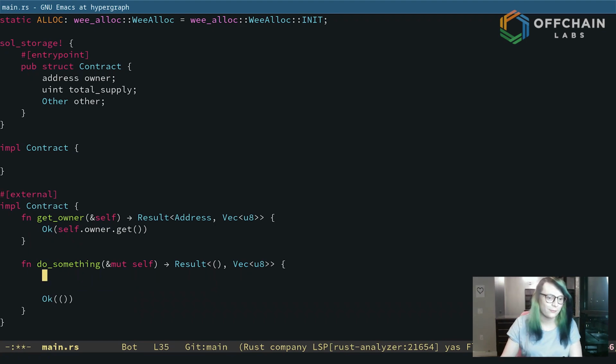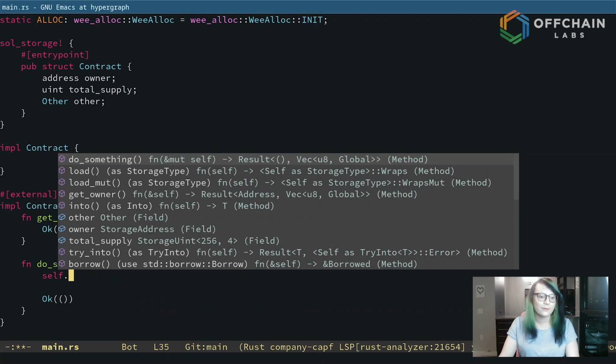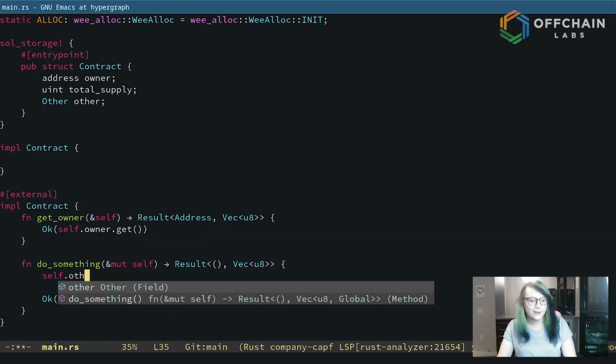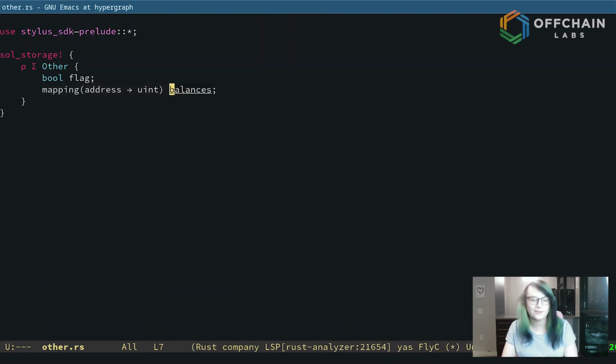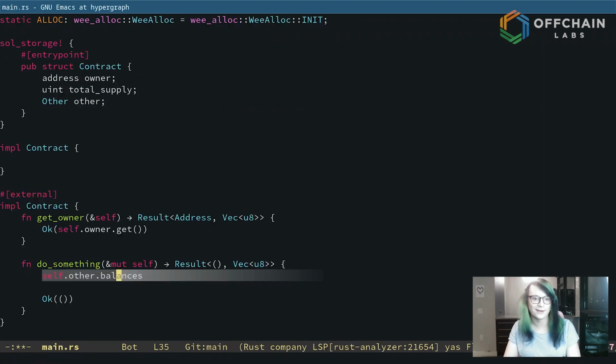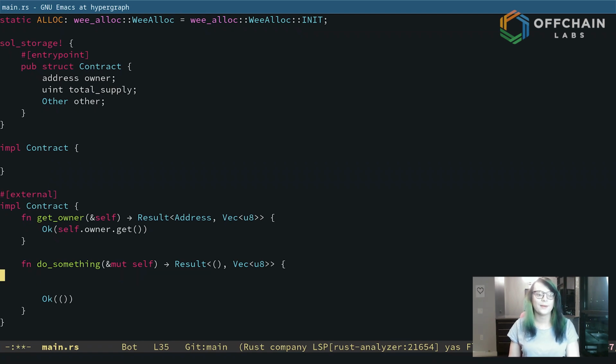That's just some standard Rust stuff, but I'm actually now able to do self dot, and then you're going to notice other dot, and then its field. So it had that balances, and balances is a map. So maybe I would go and insert something, or I would remove something or replace or whatever, right? Depending on what it is, I might access different things and do stuff. So jumping back and forth between this balances here, you can see I'm referring to this thing right there. Okay, so that actually shows how you can connect the storage,